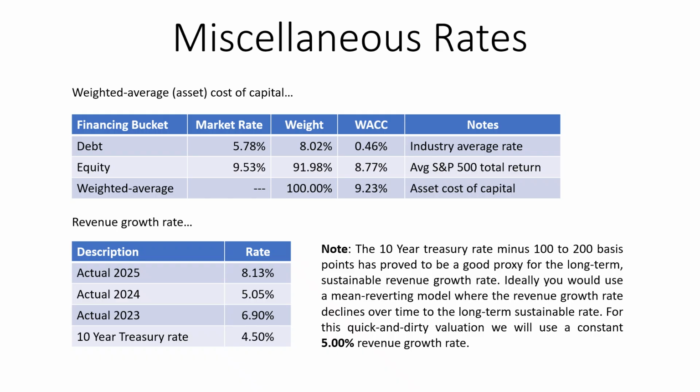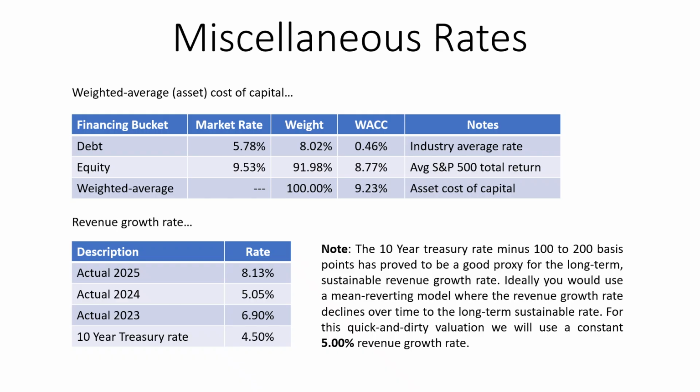that the nominal growth rate of GDP in the U.S. We would take the real rate, which is the one published all the time, around 2%. Well, now things aren't economically very good, so it's going to be closer to 1%. But we take the 2% and add in the inflation rate, and that gives us our nominal GDP growth rate. Given that this is a mature company, our growth rate for Costco should approximate the nominal growth rate of GDP. In this case, for 2025, it was actually 8.13%. 2024 was 5.05%, and 2023 was 6.9%.